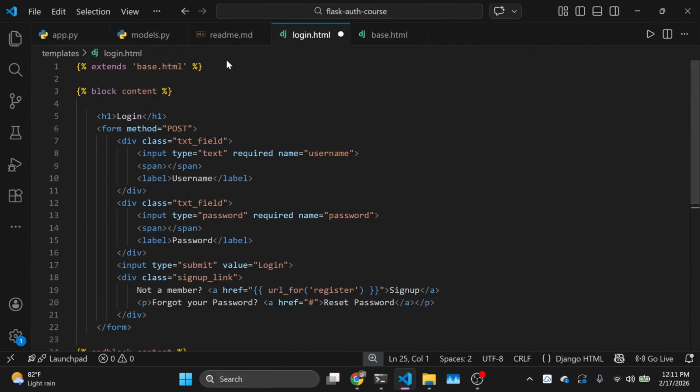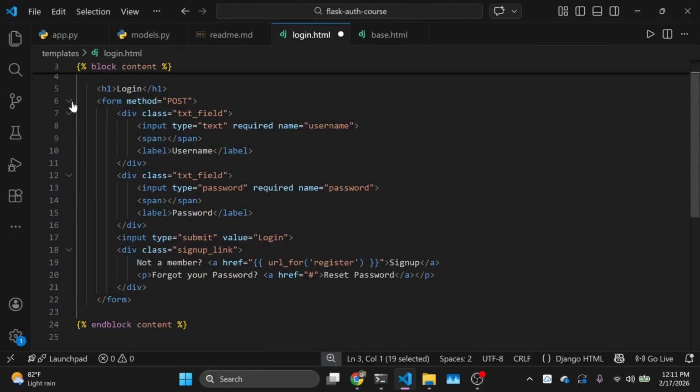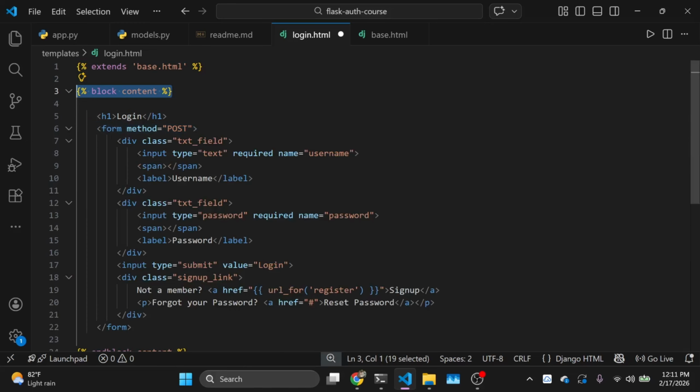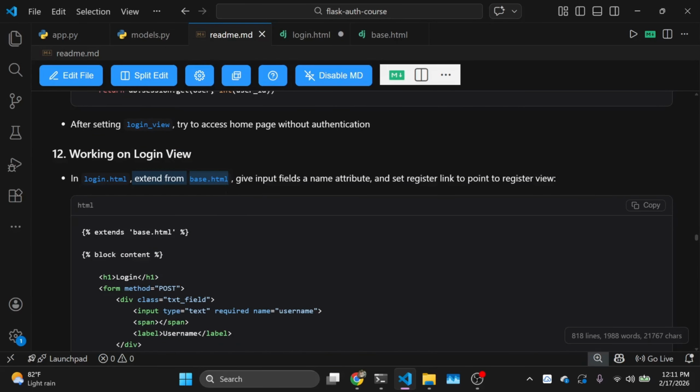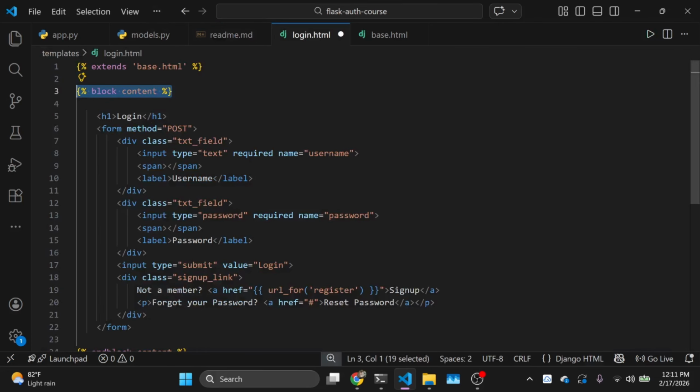So you can see that we're extending from base.html, and inside block content, we're just putting in the login form as well as this h1 tag that says login. Now, the README said that we need to extend the base.html and give input fields a name attribute, and that is what has been done here. So the username field has a name attribute of